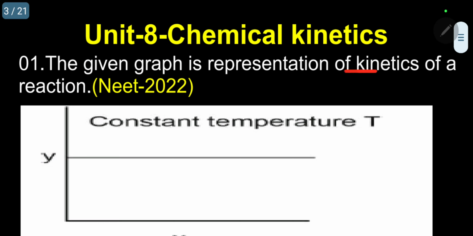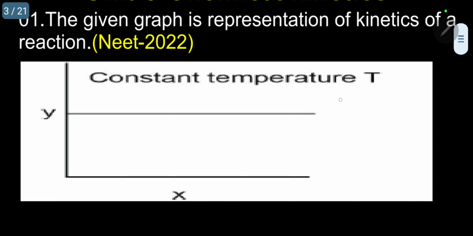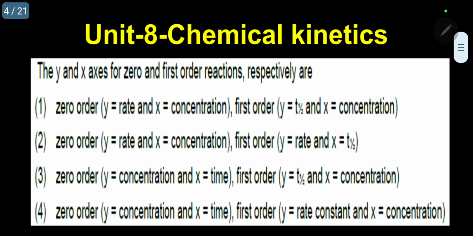Kindly follow. y versus x is plotted as a straight line perpendicular to the x axis, and at a constant temperature a curve is shown. Then this is followed by the statement: the y and x axis for zero and first order reactions respectively are